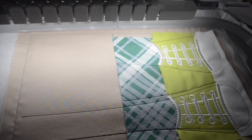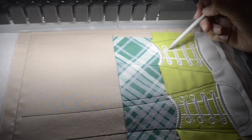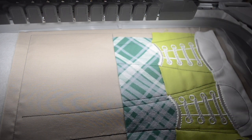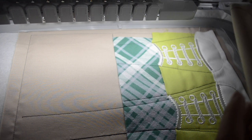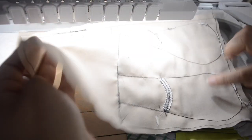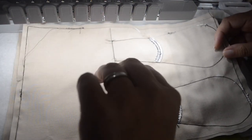Okay, so our last couple of stitches were a bunch of decorative stitches, which made the shoelaces and the holes for the shoelaces. This is really cute. So our last step in this design is to take your fabric that you did for the back piece, and you're going to lay it right side down. See, this is what we did the last time. You want to lay it right over the top,